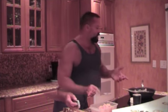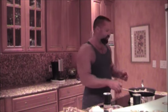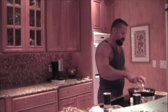So I'm going to saute up the sausage, not to take up a lot of your time. I'm also going to add the chicken while I'm gone, and when I come back, we'll toss in the other ingredients. So we've been sauteing our chicken and sausage for about 5 to 7 minutes, and it's really browning up